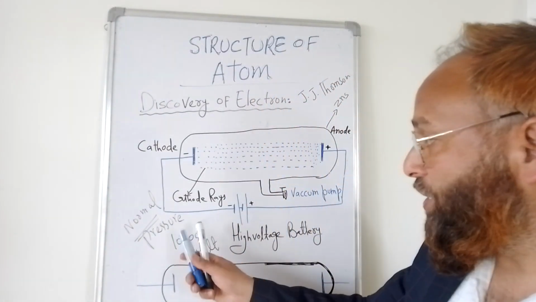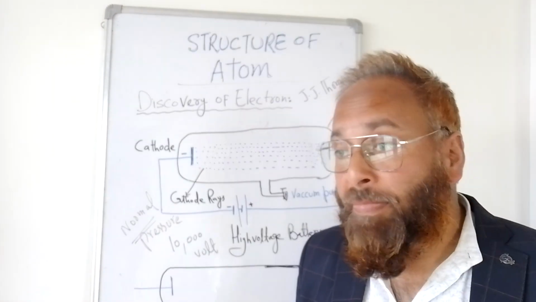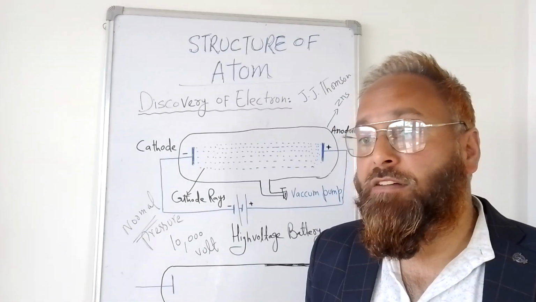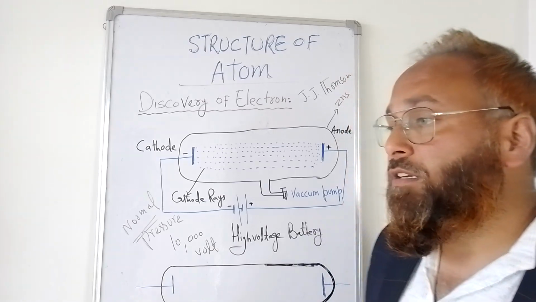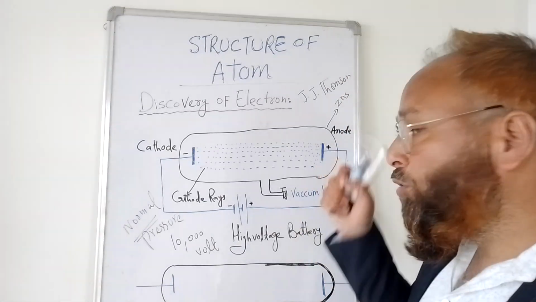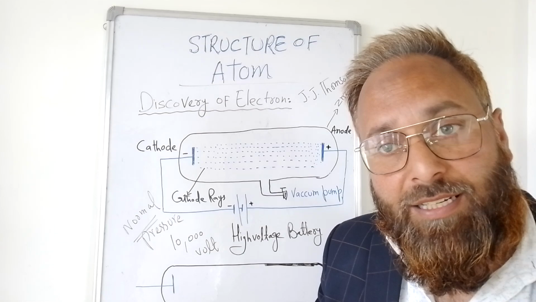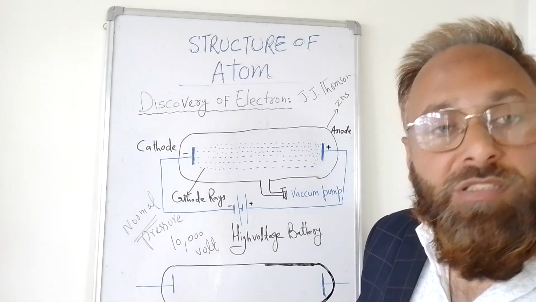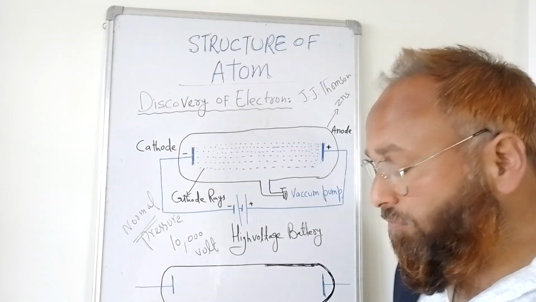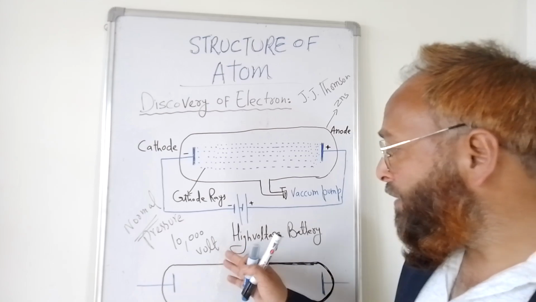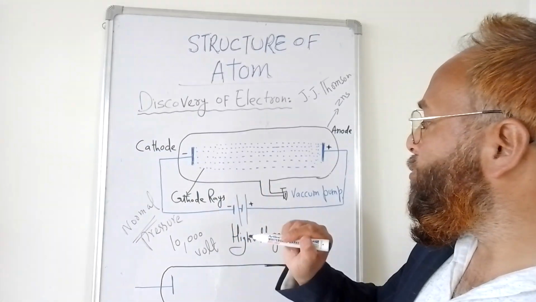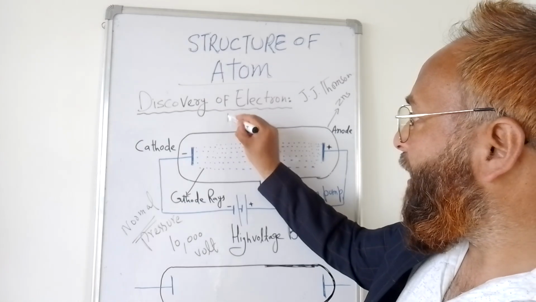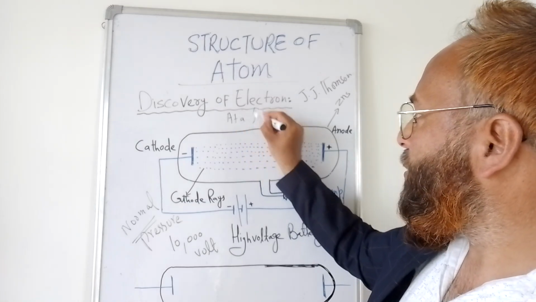At normal pressure there will not be any glowing on the zinc sulfide screen, so no radiation is produced. After that, when 10,000 volt is applied to the discharge tube at a low pressure